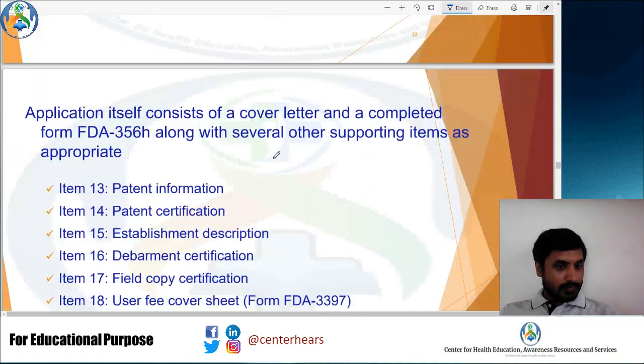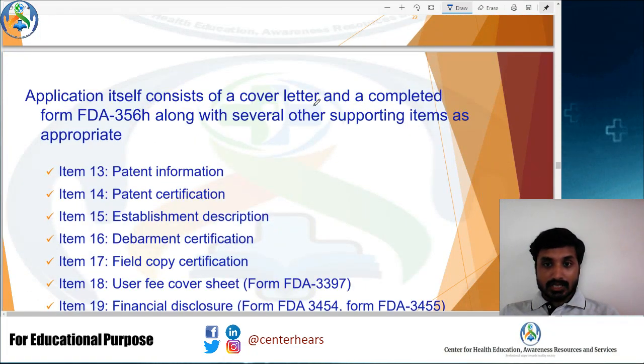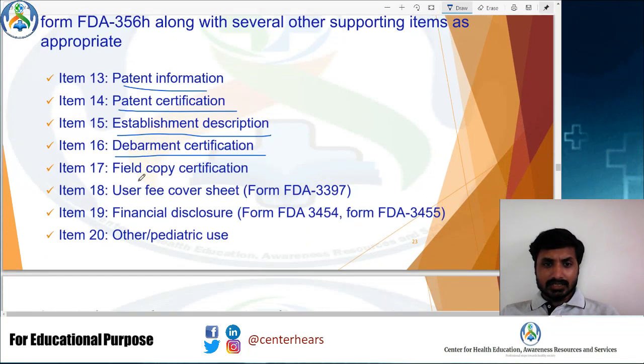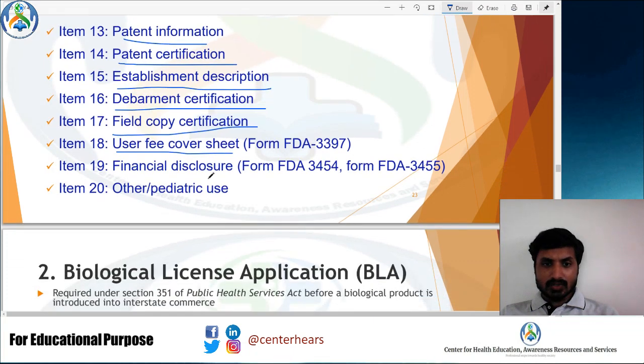So apart from that, the application itself consists of a cover letter and completed form FDA 356h, along with several supporting items such as section 13, patient information, patent certifications, sterilization descriptions, debarment certification. So these are the other information which should be provided, which we have seen in that list. Then field copy certification and user fee cover sheet and financial disclosures and pediatric use if you want